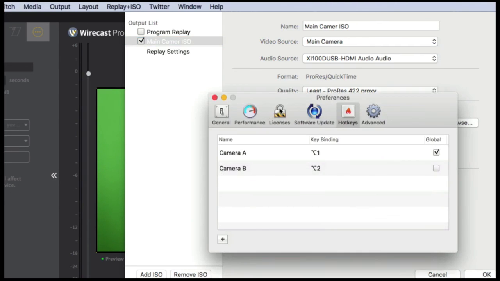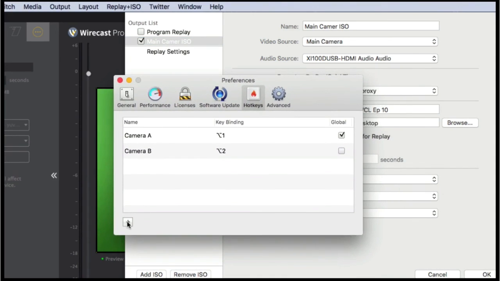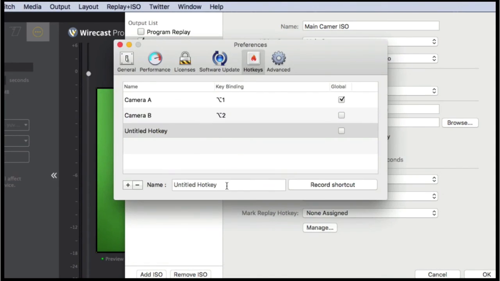So if I click the Manage button, I'm going to create a new hotkey source. I'm going to call this main camera replay. And it should be R for replay, I believe. So we probably want to do, say, an Option R.